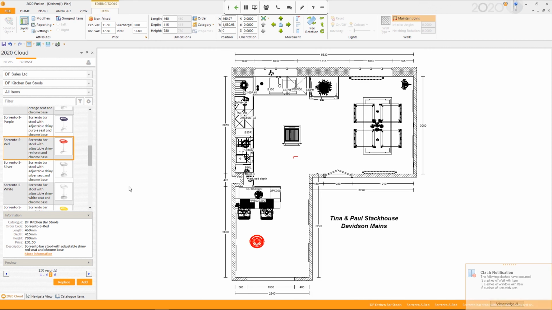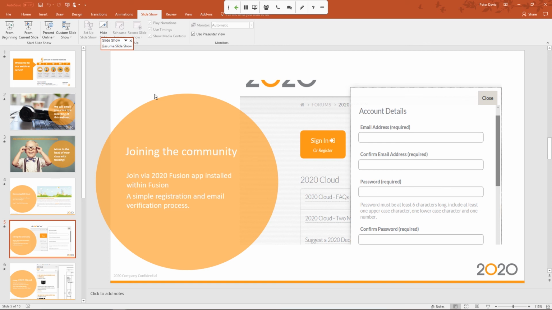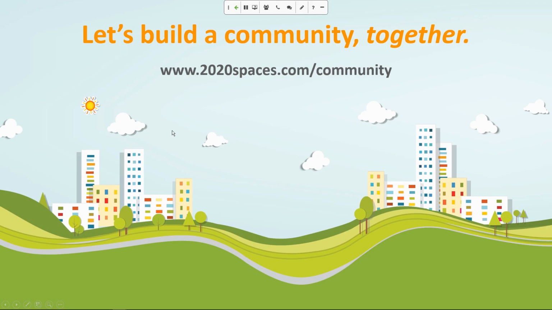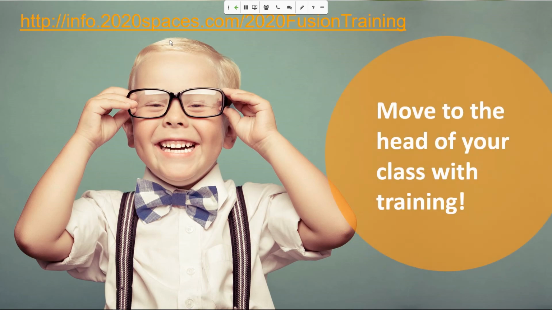So I hope you've agreed that 2020 Cloud is really rather exciting. It's the place to be. It is where we're going to be in the future. The cloud is changing almost every single week. It starts off in life with the community, where you and the Fusion can exchange ideas, you can ask questions, you can ask for suggestions of shapes and sizes, etc., etc. Any more that you need, you can find actually on the 2020 Fusion training site,